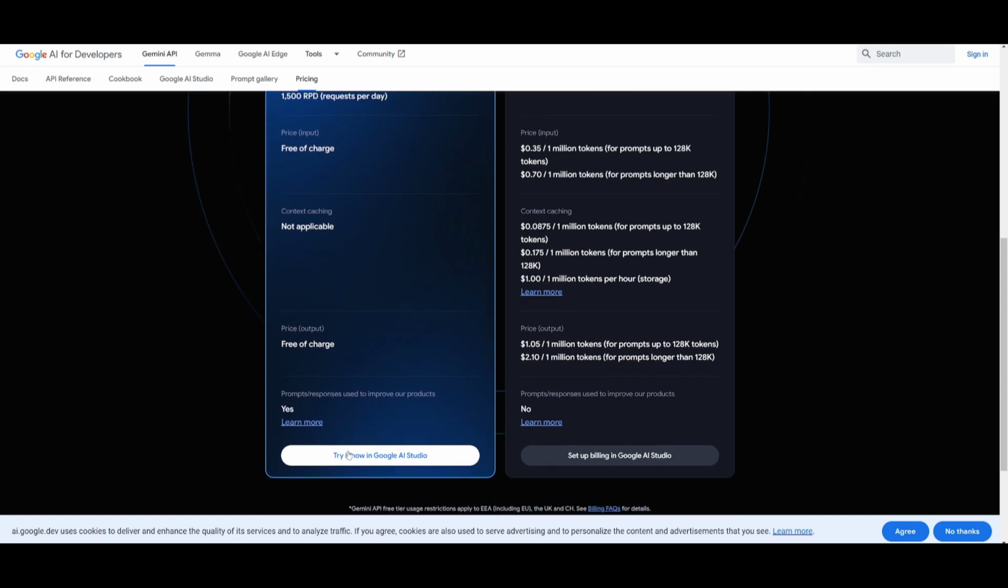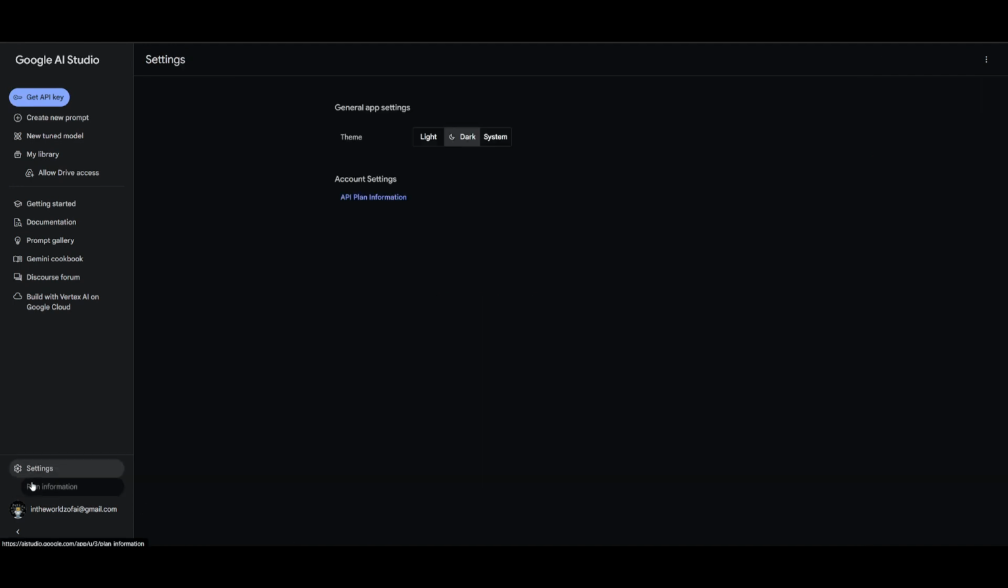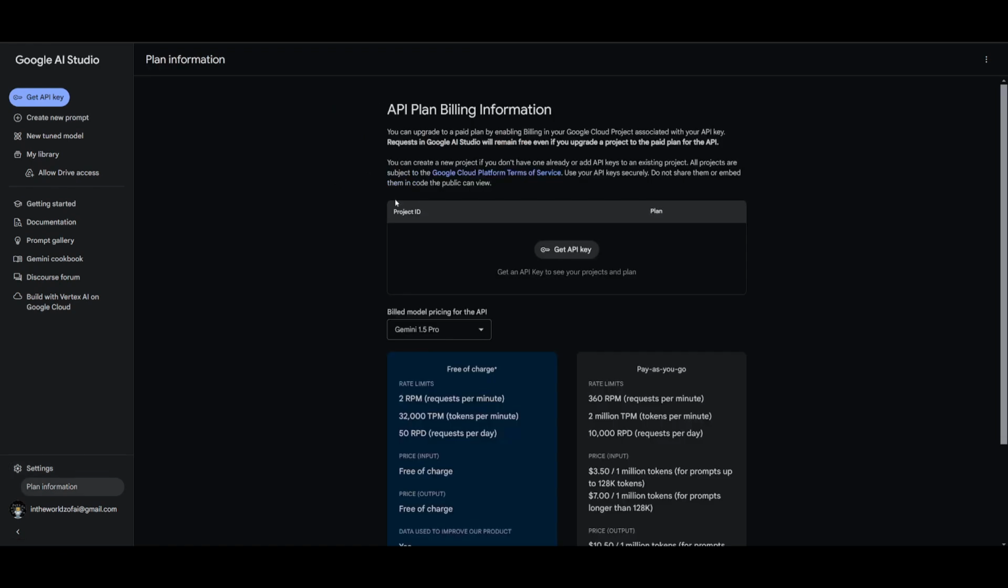So what you can do is try it out in Google AI Studio. What you have to do next is click on the settings tab, and then get the API plan information. This is where you click on this and you're going to be able to get your API key from here. This is something that you would want to get for the Pro or the Flash. You can try out these two, but in this case, I'm going to head over with the Gemini 1.5 Pro